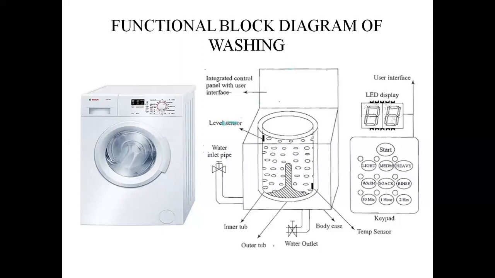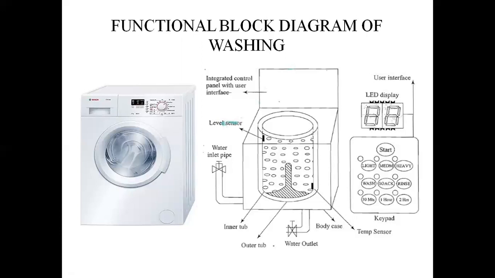So the general principle of working of this washing machine: the basic controls consist of a timer. So here there will be a timer, a cycle selector mechanism, water temperature selector, load size selector, and start button. So everything will be there in these basic controllers. So the mechanism includes the motor. Under this there will be a motor, transmission, clutch, pump, agitator, inner tub, outer tub, and water inlet valve. So the water inlet valve will be present in this mechanism.